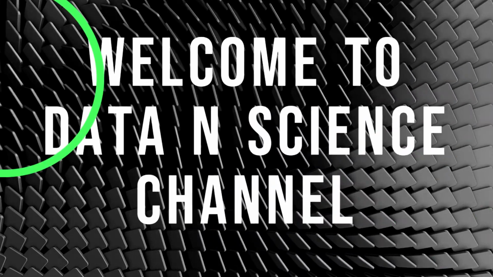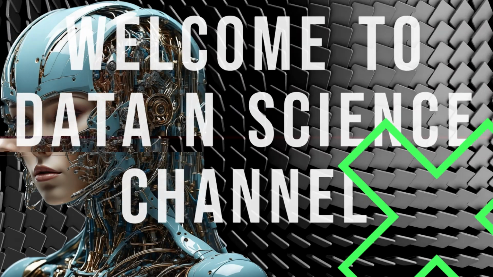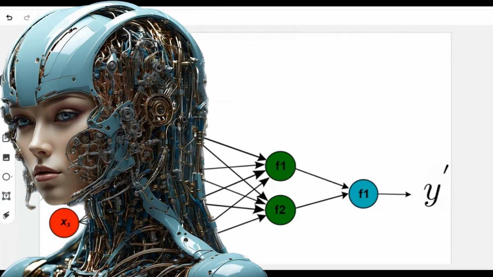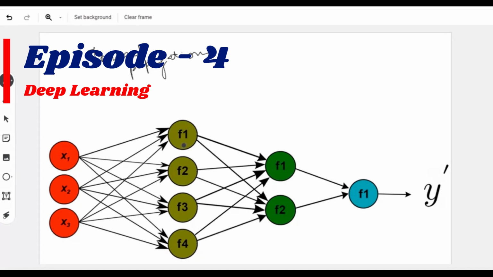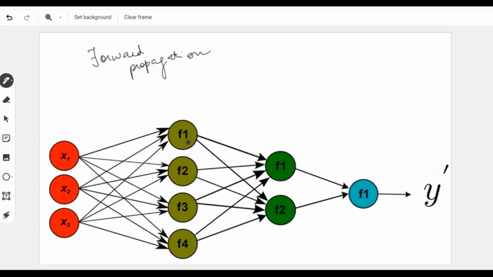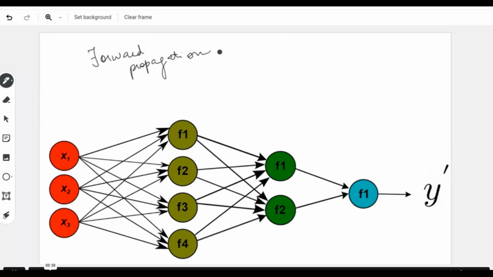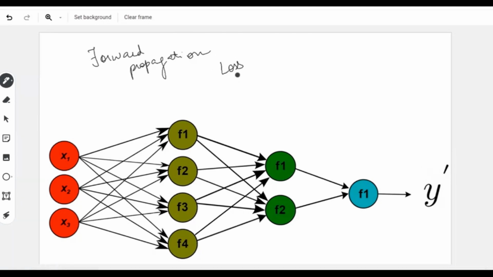In the last few videos, we have learned about forward propagation. So you have the inputs, they get multiplied with the weights, they get all summed together, which is followed by an activation function, and this goes on and on until you get a predicted value. Now this value cannot be equal to the actual value initially, so that is why you have the idea of loss, which shows how much different the predicted value is from the actual value.